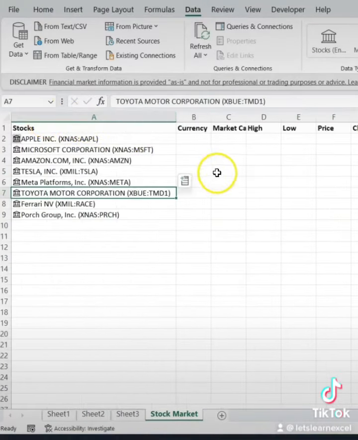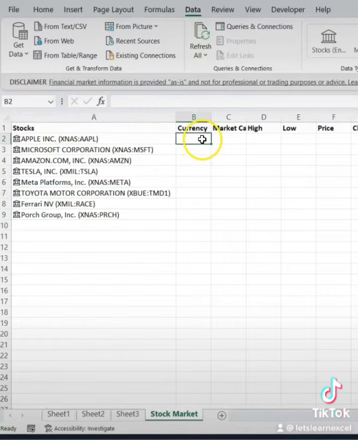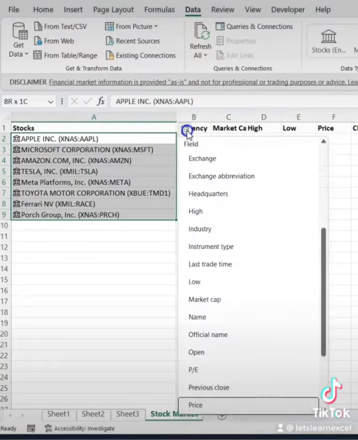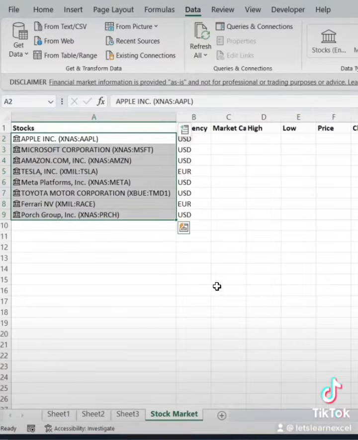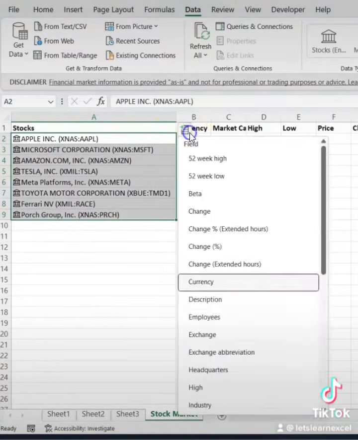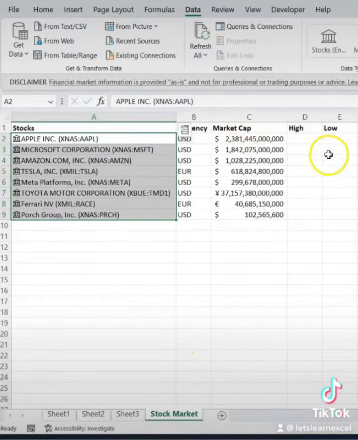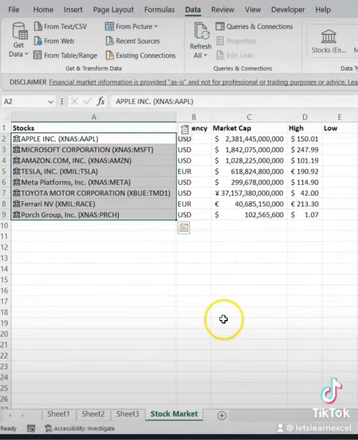Then after that we'll select the same list of the companies that we have written down before, and from this icon we'll select the currency and we'll select the market cap. Let's auto-fit this column for the market cap, and we'll select the highest price in the market, and we'll select the low price,